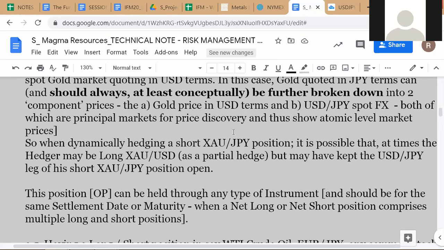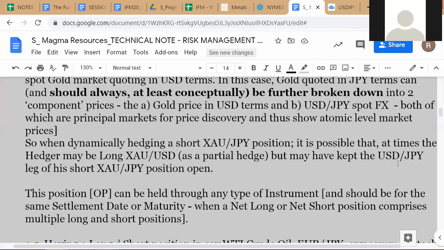What people do when they have this kind of position is they separately track the dollar gold price and the dollar yen price, because this is where the liquidity is. This is where the activity is happening. So they have taken a spread position, and they know they have the exposure because of their business. But when they are managing the risk dynamically, they don't look at this on a regular basis. They really look at these two prices, and sometimes they may have hedged one leg of the spread but kept the other leg open. Okay, which if you look at the current market situation is what you would do, because